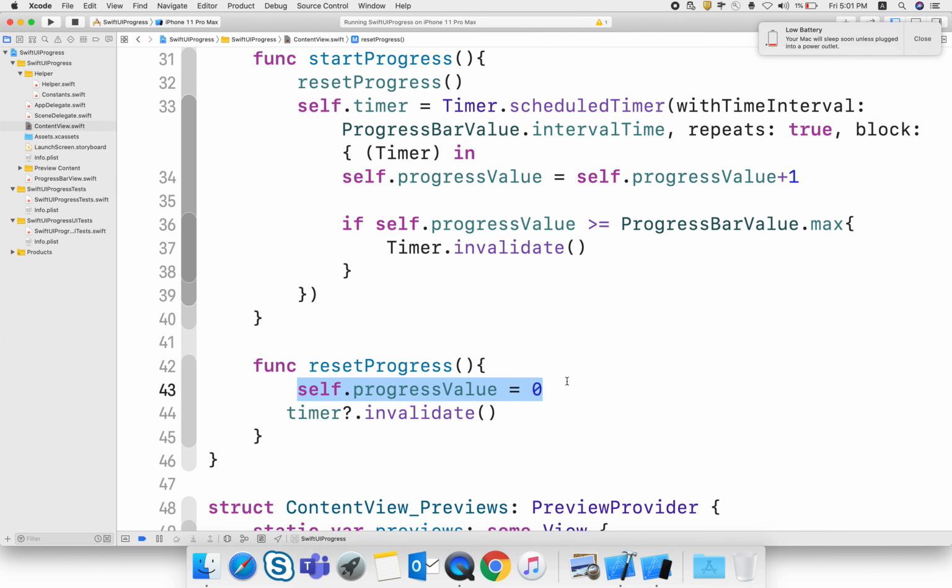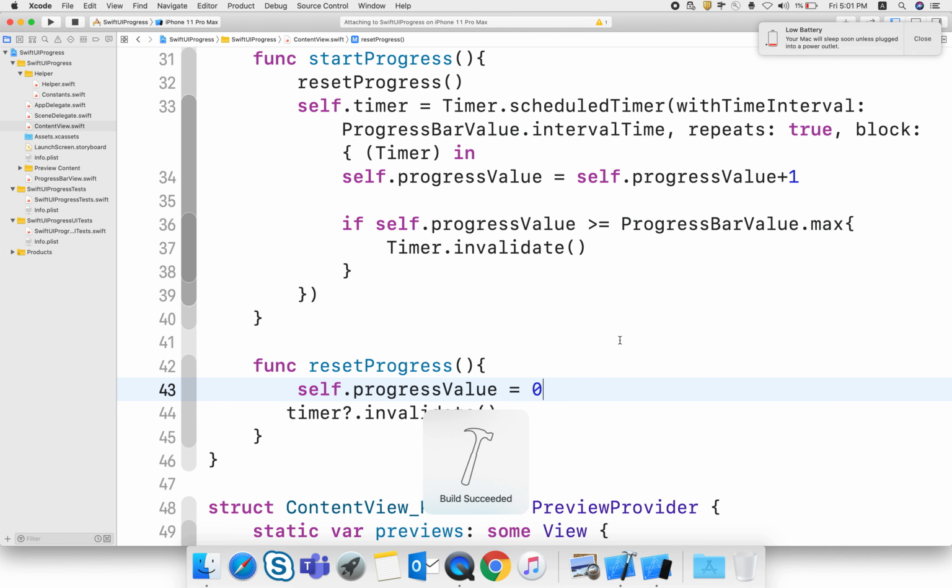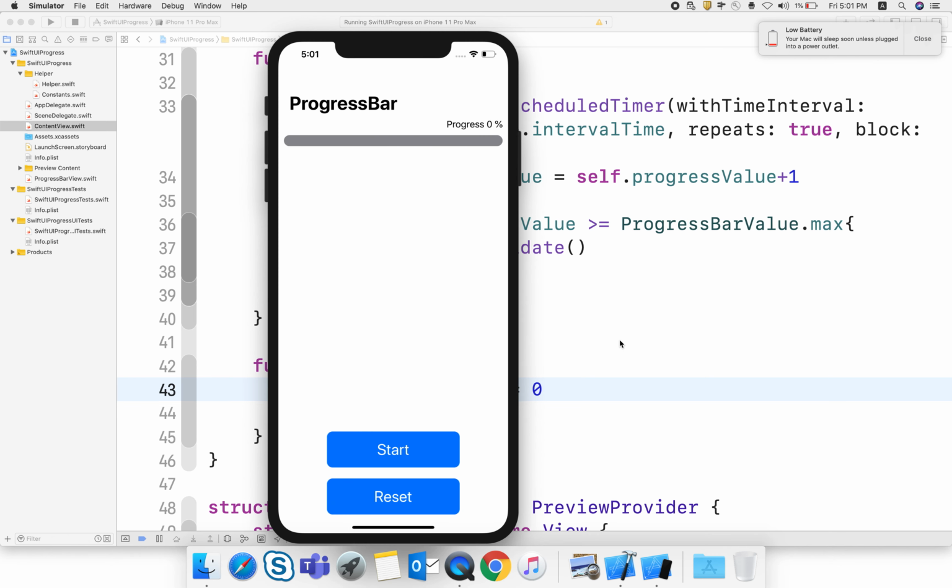In that reset, I set the progress value to 0 and stop the timer. So when I click on start again and again, it resets the progress value, stops the timer and then starts again. Now it's working quite good.